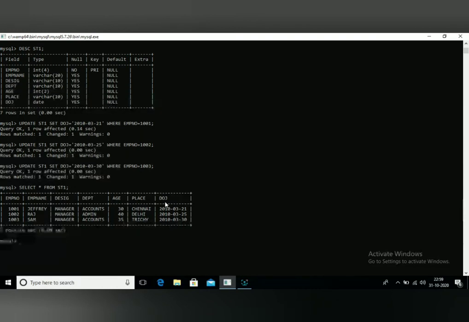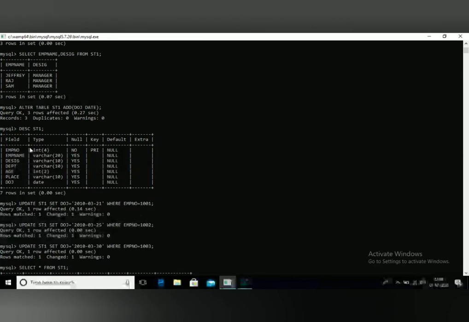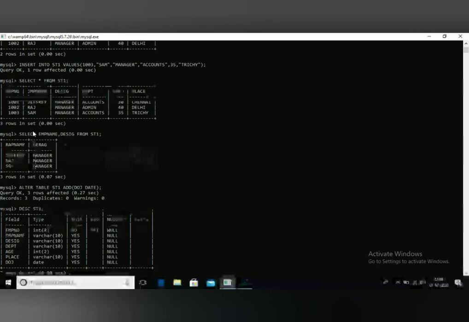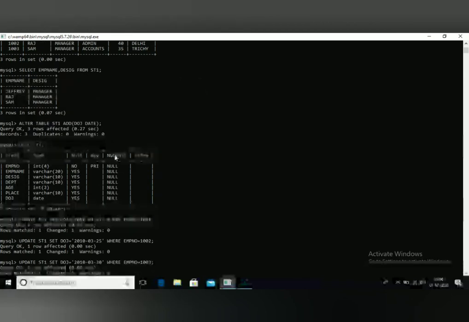So first we studied how to create a database. Then we studied how to create a table. If you want to see the structure of the table, we use the command DESC. If you want to insert the data, we use the command INSERT INTO. At the same time, if you want to add one more field, we use the command called ALTER.